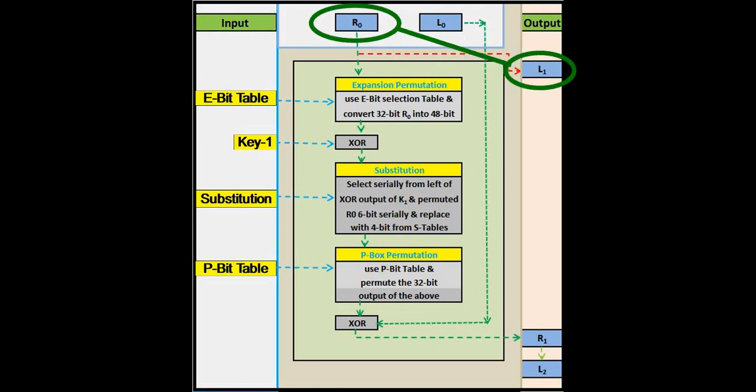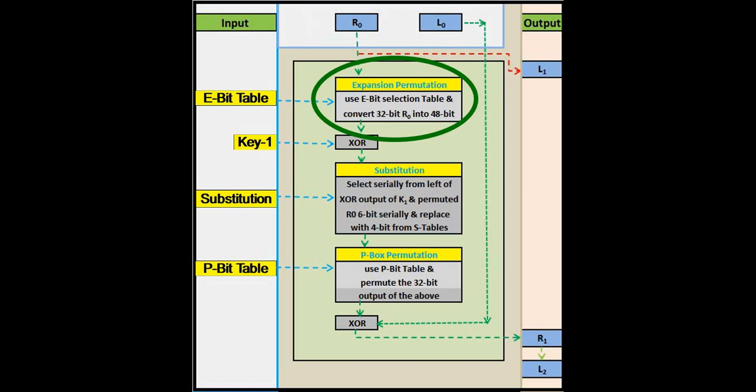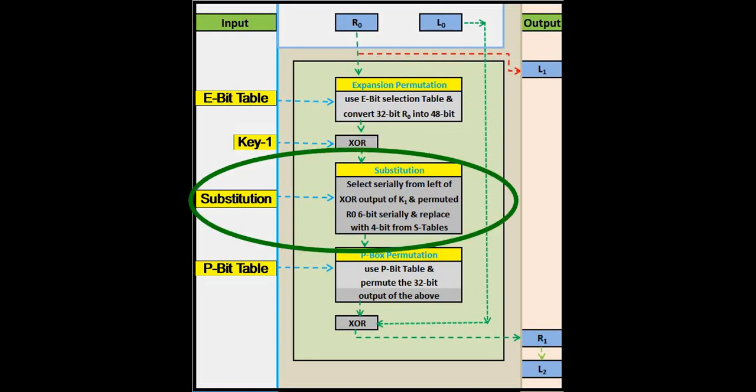Next, a copy of R0 is stored in L1. This is one of the outputs of this round 1. We use the same 32-bit R0 and permute it with the E-bit table. The output now is 48 bits long. XOR this 48-bit output with the subkey K1. We use key K1 because this is round 1.